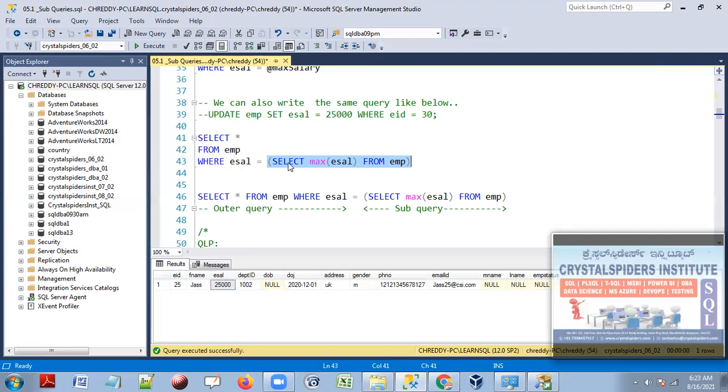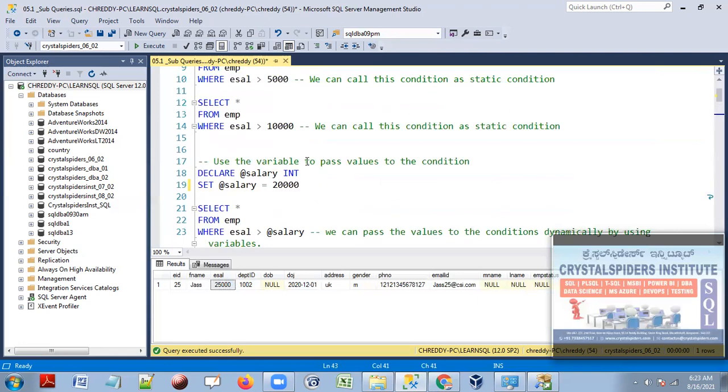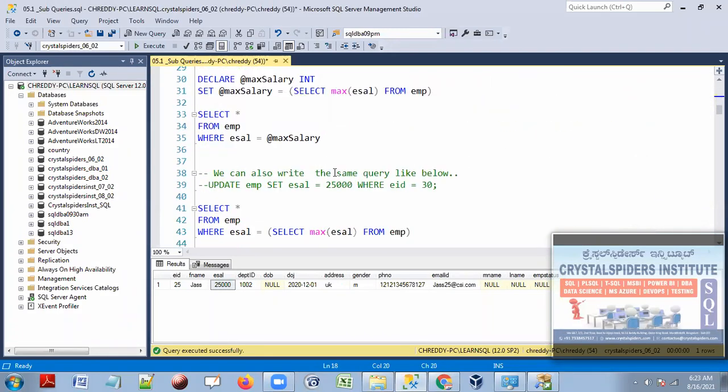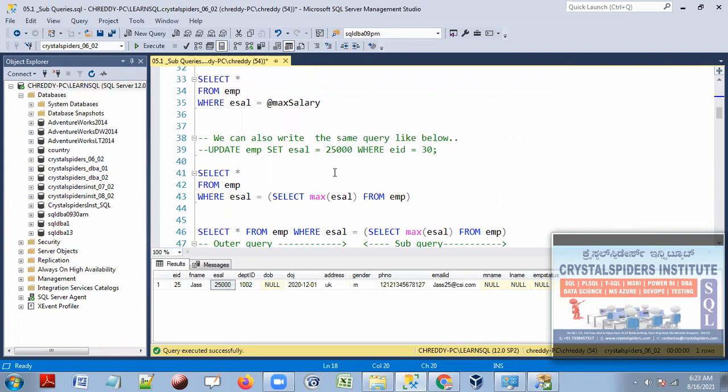Okay, so now see here, why did you write this SQL query as a subquery inside the where clause? Because I am going to produce a dynamic value for my condition. In this condition, I don't know what value it will take right now. What is the max salary right now? Take it. I'm just passing a dynamic value to the SQL query instead of hardcoding it. Go ahead and take whatever the max salary is.